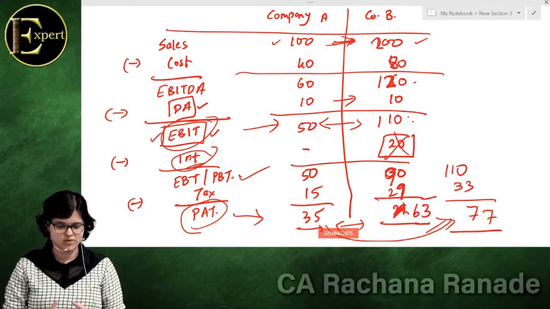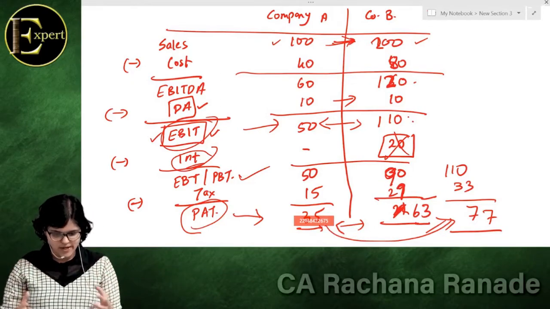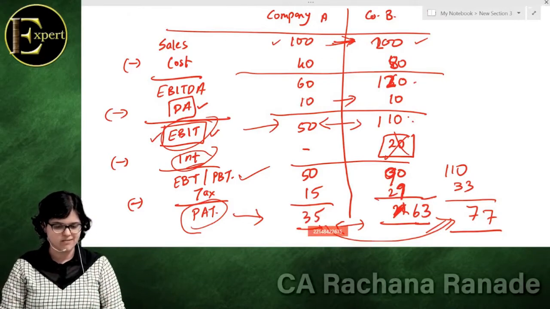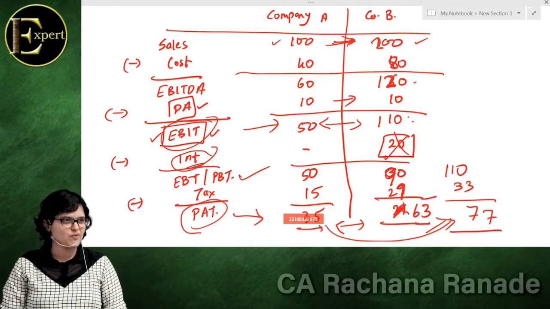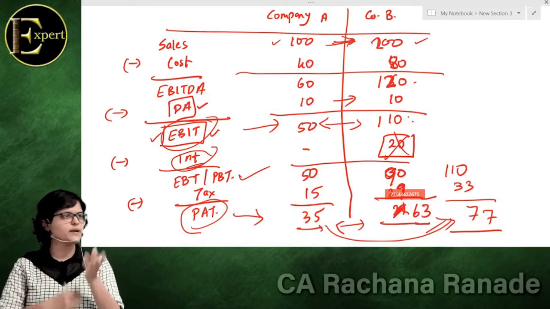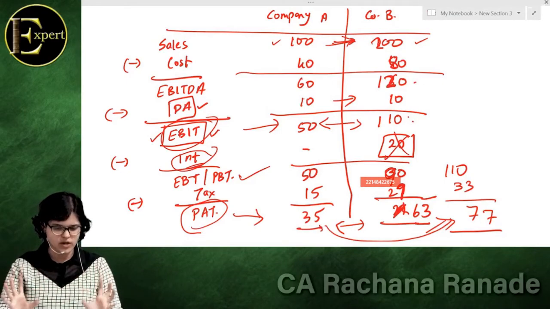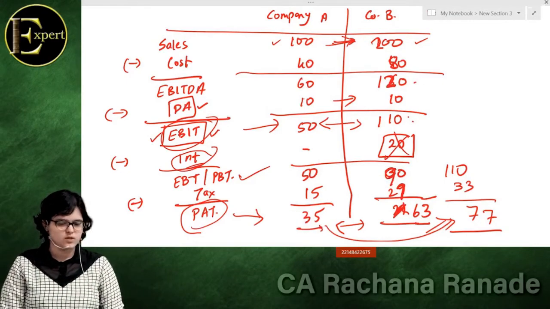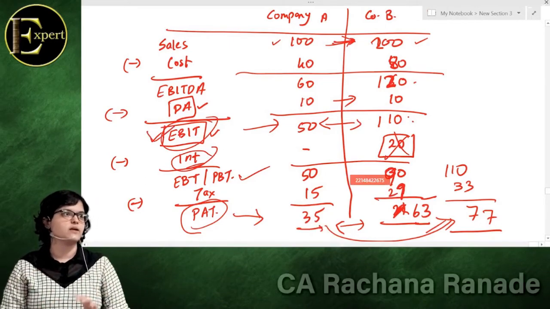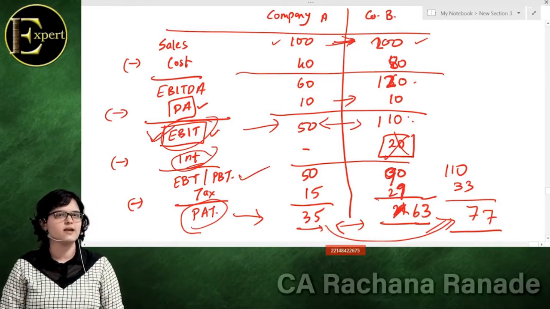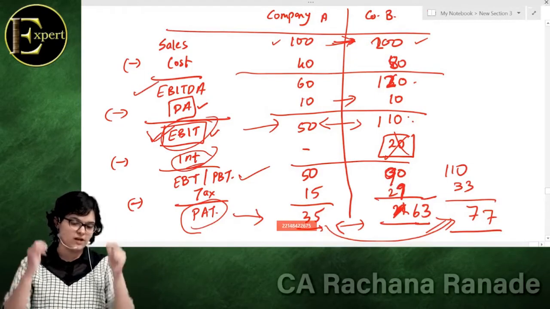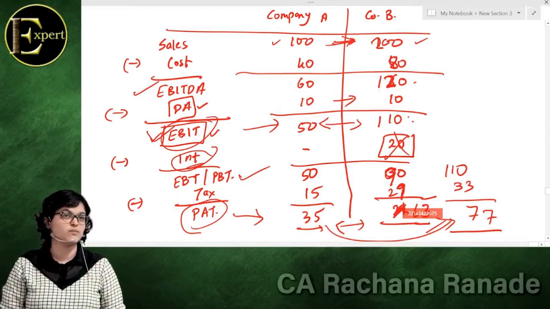Okay, now I'll tell you the most unfortunate part. This format I'm sure is fit into everyone's mind now, but this is not the format of P&L. Profit and loss account format is a little bit different. The figures will be a little bit up and down, but finally we boil down to the same thing. So to understand how much is EBIT, we'll have to calculate EBIT. It is not directly available in the P&L. If you want to check how much is EBITDA, we'll have to calculate EBITDA. It's not directly given in the P&L.